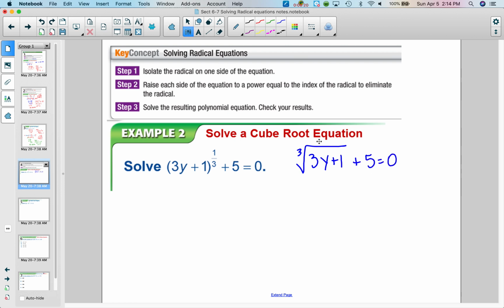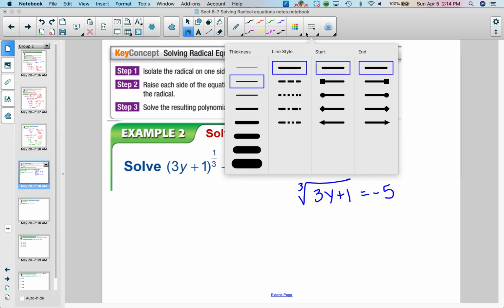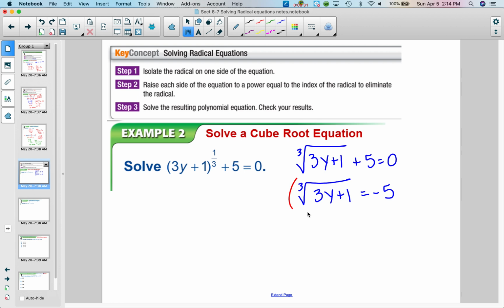So I'm going to start by isolating the radical. So we get the cube root of 3y plus 1 equals negative 5. Then to undo cube rooting, you have to cube both sides, because we want to undo a cube root. So we cube both sides. That undoes the cube root. I get 3y plus 1. 5 times 5 times 5 is 125. And since you have a negative times a negative, which is positive, times a negative again, which is negative, I